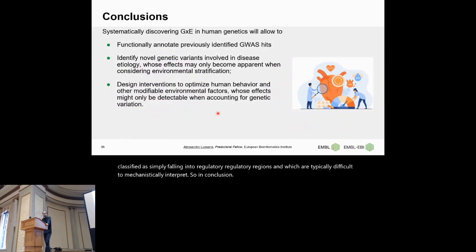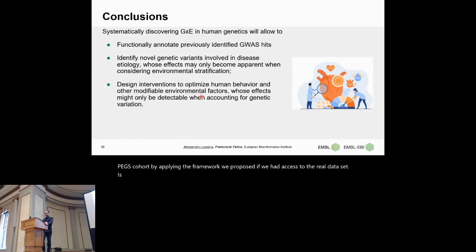So in conclusion, we believe that going forward in the future of human population genetics, we should probably think about systematically discovering these gene-environment interactions, even though logistically in humans this is very difficult. And in the context of the PEGS cohort, by applying the framework we proposed, if we had access to the real data set,